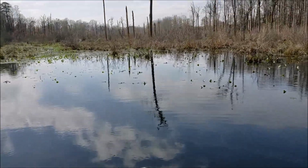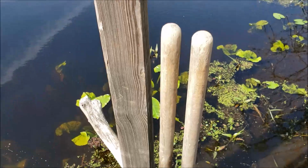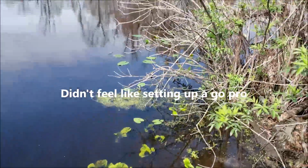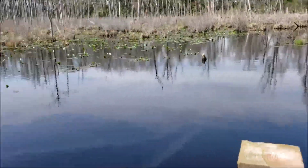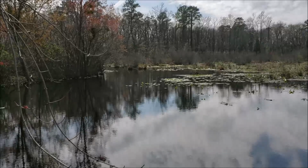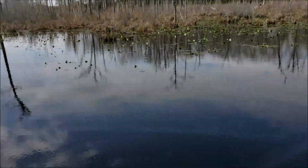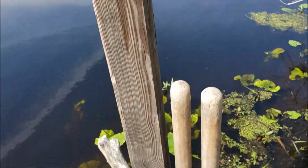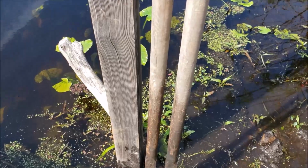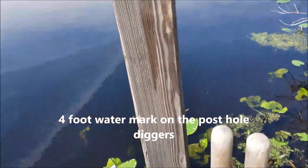All right, I'm out here by myself putting up this wood duck box. It's tricky enough in a little 10-foot john boat, but this looks like a good spot. I've already got one around that red maple over there with nesting pairs, and they love it all back in this swamp here. And this was the only spot I could pull up, and see how deep that is right there. That's about 4 feet in. That's a 9-foot